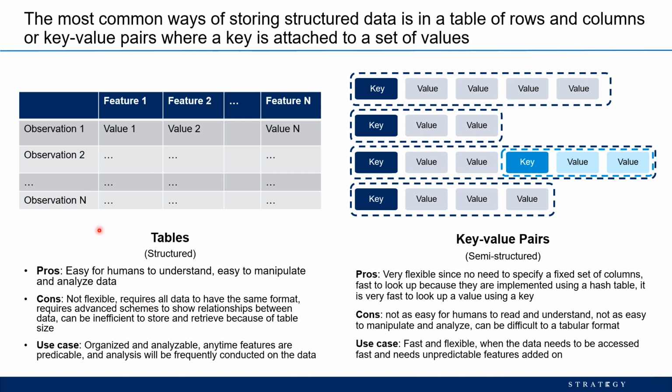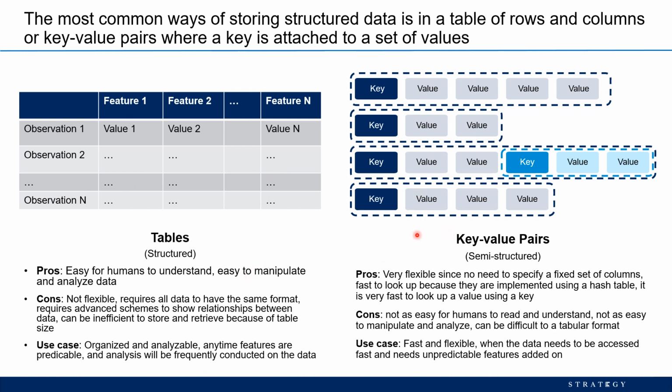The cons, though, are that tables are not very flexible, because like we were talking about with the student example, you have to have data structured in a format where everything is consistent together. In addition, tables can be slow to retrieve information from, and also to put information